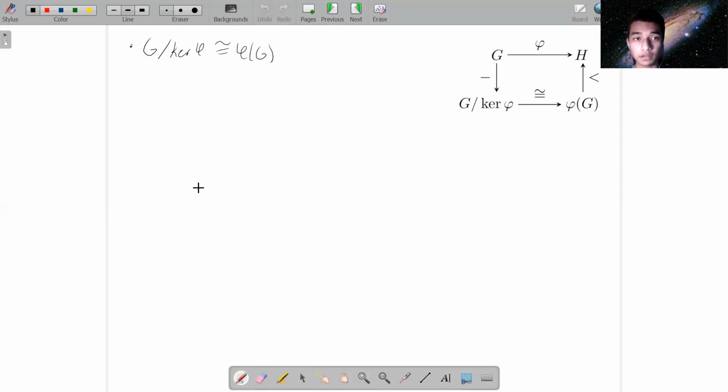With this settled, we will now show the beauty of the first isomorphism theorem, which is that indeed G mod kernel of phi is isomorphic to the image of phi. This is really useful, and you're going to see why. So, to show that they are isomorphic, we will provide an isomorphism. So consider the map